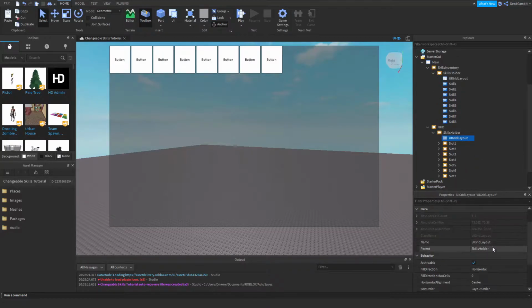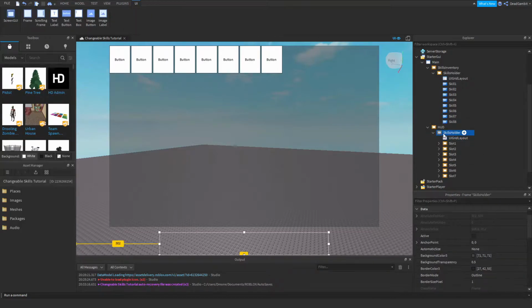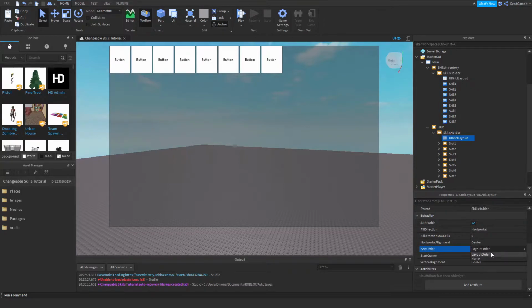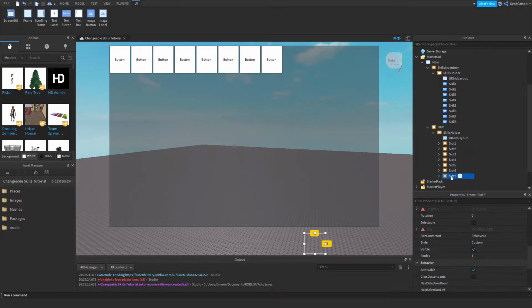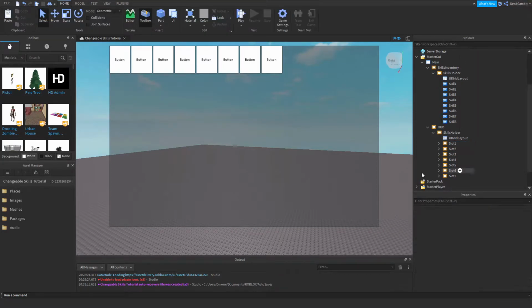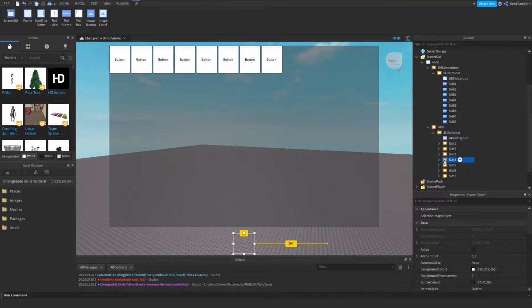One thing I forgot to mention. In this case, for the skill holder, I would go ahead and set the sort order to name. That way everything will be lined up perfectly like this. Just in case you added a 3 and then that 3 somehow gets shifted to the front, and all that stuff. You don't want that, so it's best in this case, since we are doing a uniformity thing, because we're gonna be setting this to our keyboard keys, right? So you definitely want to make sure that when you're looking at, let's say, the slot for skill 2, and you press 2,